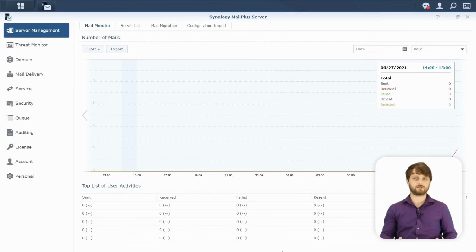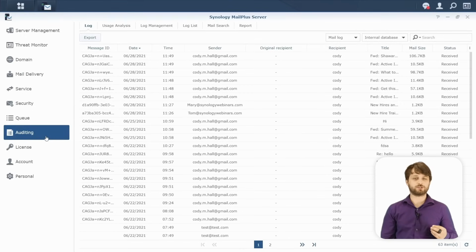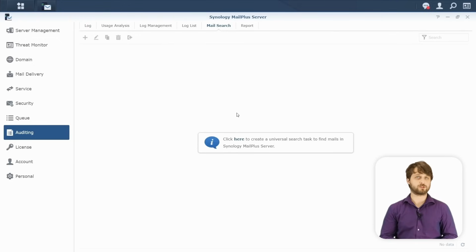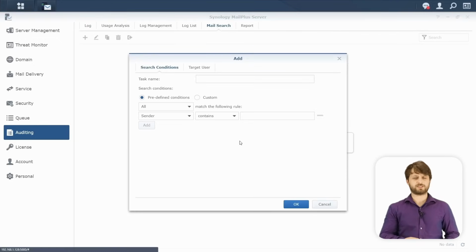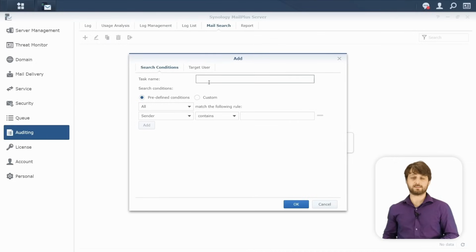You can see that we have multiple emails from my personal email address that were accidentally forwarded to this work email on the Synology Mail Plus server. So we're going to kind of clean things up and do a search to delete all those emails from this work email server. So this is not too dissimilar to what you might be doing to remain GDPR compliant. You actually might need to delete some emails from a certain person for privacy reasons. So in that regard, we're going to go ahead and name this GDPR, Cody Hall Personal Email.